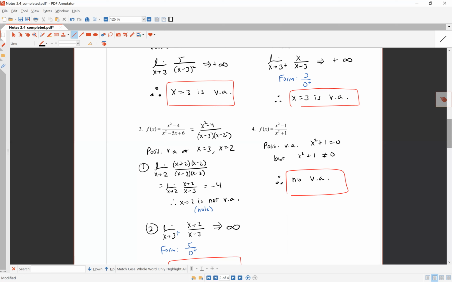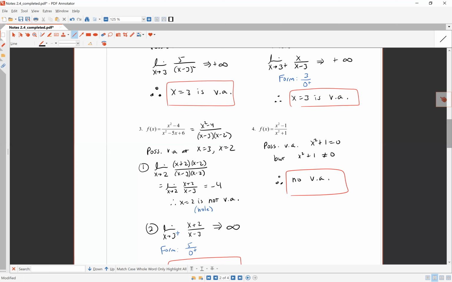Okay, and as you can see there, you cancel out. First of all, the function is not defined at x equals 2 because there's a hole there, right? f of 2 is undefined. 2 is not in the domain of problem number 3. But you can see there, if you actually graphed it, as x goes to 2,